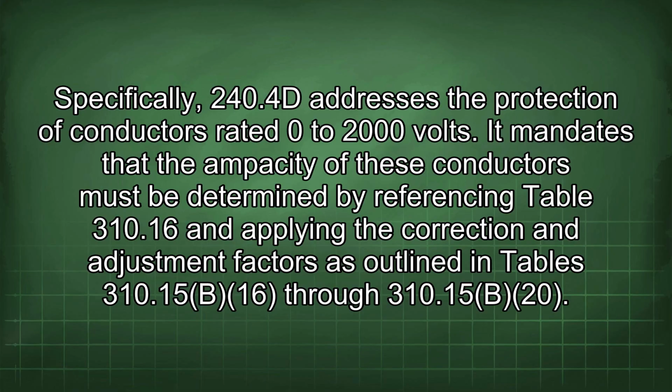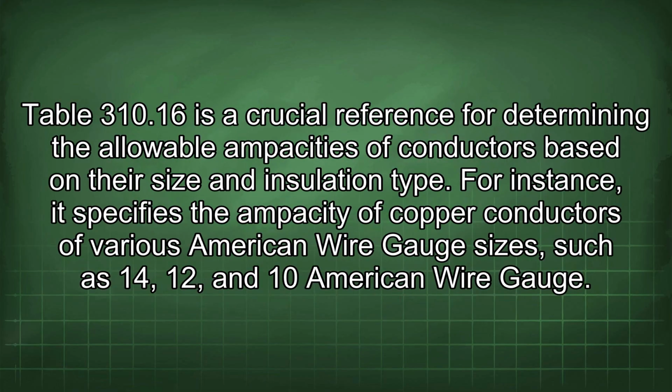It mandates that the ampacity of these conductors must be determined by referencing Table 310.16 and applying the correction and adjustment factors as outlined in Tables 310.15(B)(1) through 310.15(B)(20). Table 310.16 is a crucial reference for determining the allowable ampacities of conductors based on their size and insulation